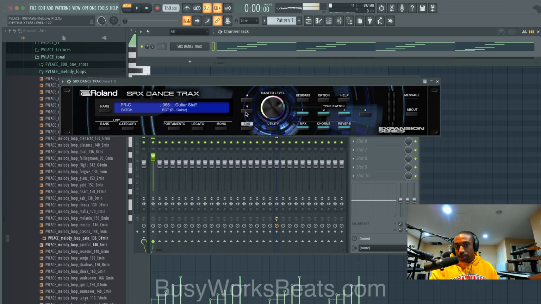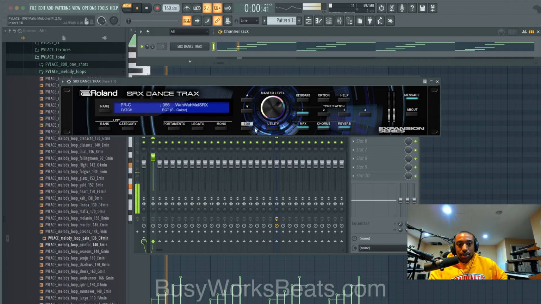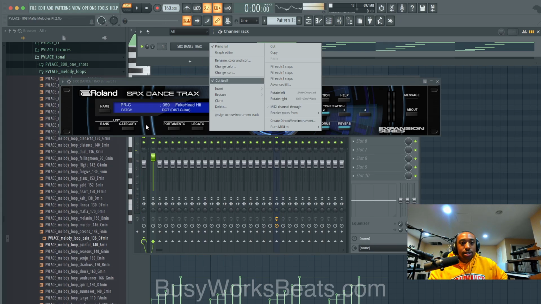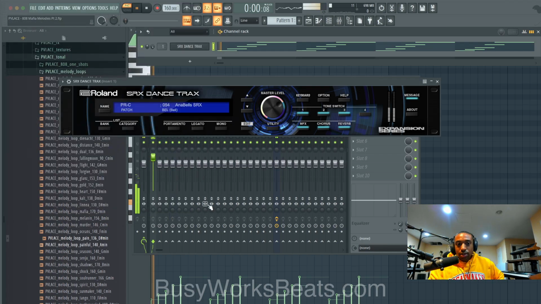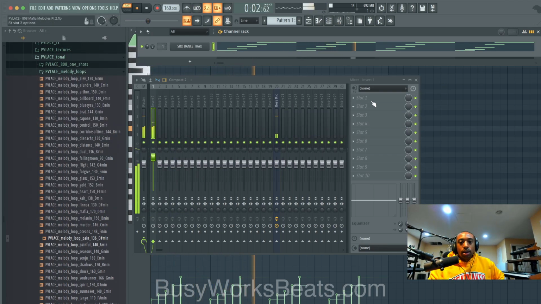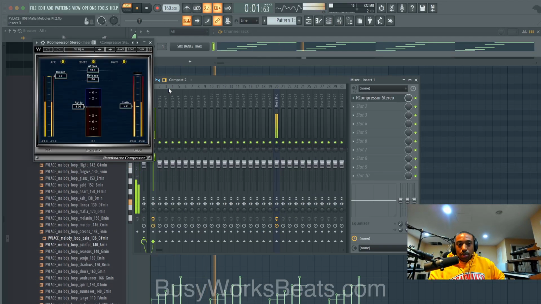Now you can go through and change out the sound. Now that's a whole track to itself. You could do bells, mallets, guitar could work on this type of sound. You're going to need more of a plucky release sound. So this is called the dance tracks, but let's just stick with the bell category for this specific sound. Okay, so that one's called Annabelle's. That's a little quiet, so let's just add a compressor just to pull up those levels a little bit. The only thing about the Roland Cloud sounds, there's a lot of headroom, so you gotta pull those levels up.